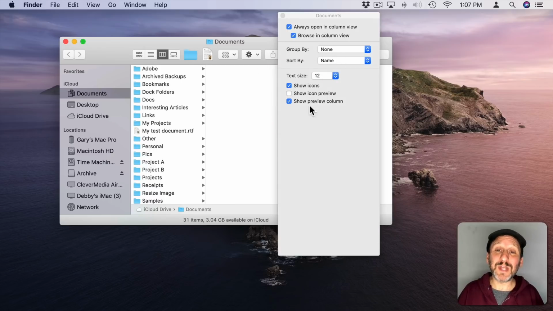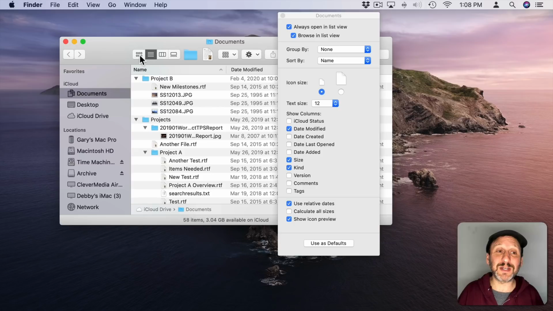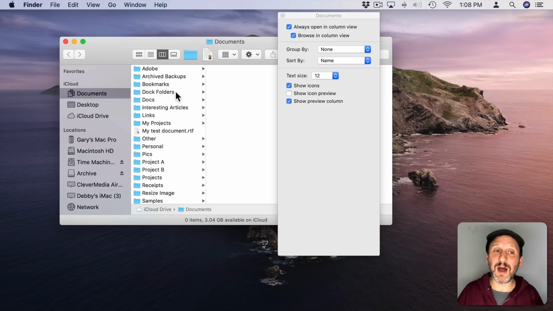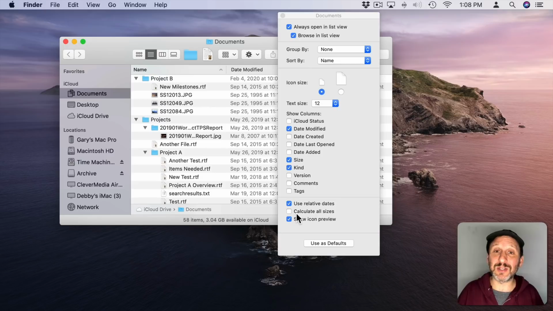And what makes this doubly hidden is you can adjust these as much as you want, but they only apply to the current type of view. So for instance, if I switch to List View, all this changes. There's a different set of settings. Icon View has a different set of settings as well. So even if you think you know it really well from using Column View, you may want to check it out in the other views to see what hidden settings there are there.